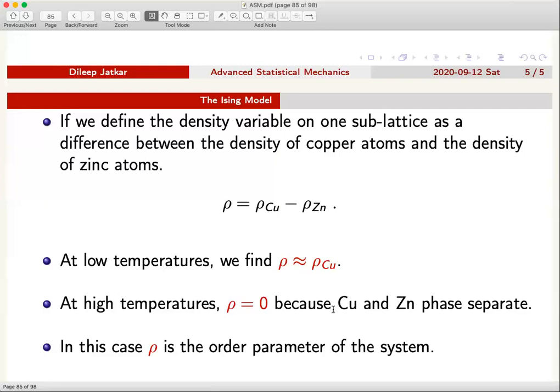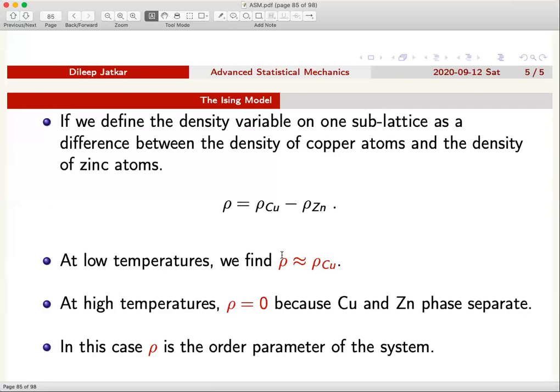Okay, whereas as you start changing the temperature, as you start heating up the system, then you will find that copper and zinc would start moving, and the rate of expansion of the zinc sublattice is different from the rate of expansion of the copper sublattice, and as a result, the system phase separates. Okay, and in that case, you find that zinc, instead of sitting at the body center, at times actually dislodges copper, and the effective density rho starts becoming smaller and smaller, and at some point becomes zero. Okay, so if the temperature is sufficiently high, then rho would just be zero. Okay, but at lower temperatures, the sublattice density would be non-zero.